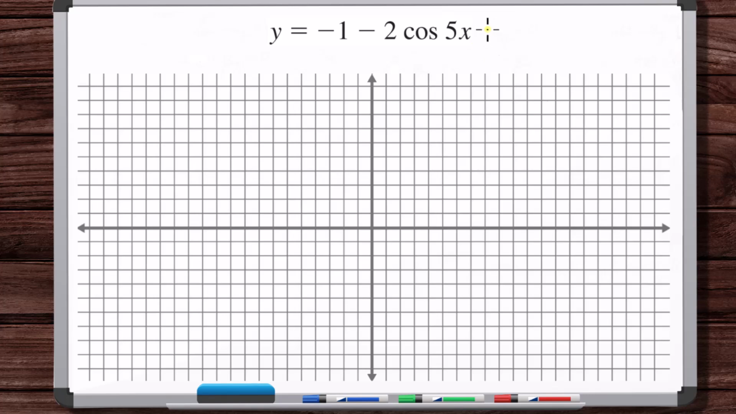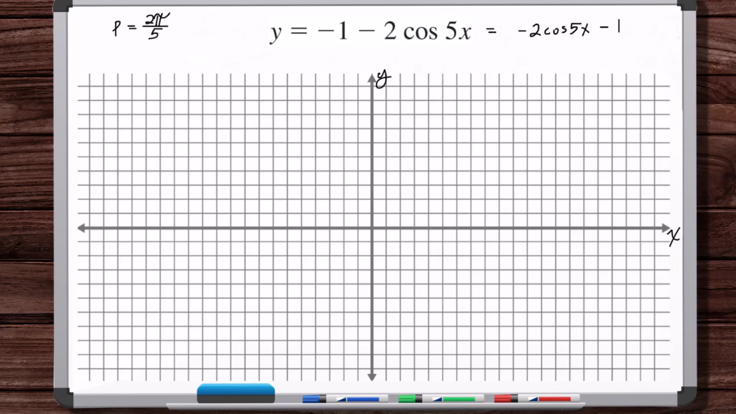Okay, so let's rewrite this. We could do, okay, minus 2 cosine 5x minus 1. Okay, so we've got a shift down 1 unit, scaling about the y of 2, a flip about the x, and a scaling about the x by 1/5. And then no horizontal shift. So, all right, let's see. So the period is going to go from 2 pi to 2 pi divided by 5,